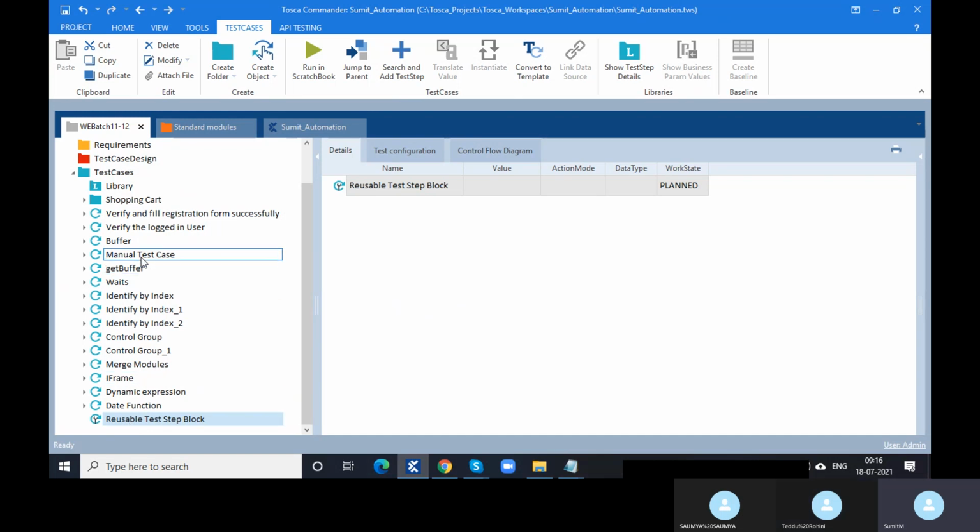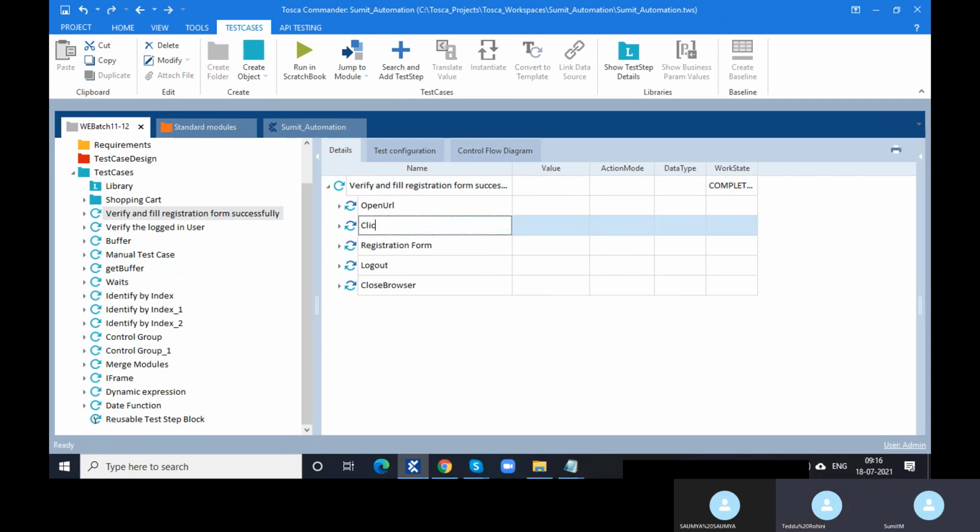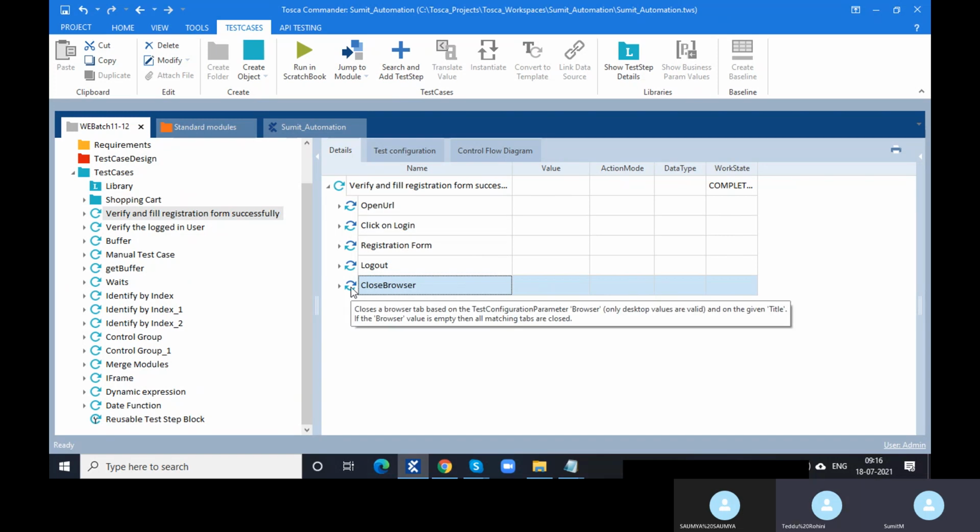Let's say we have this registration form. What we are doing: we are opening the URL, going to the home page link, which is click on login, filling the registration form, clicking on logout and closing the browser. So if I ask you to divide these particular steps into different blocks, with the functionality which matches a particular block,